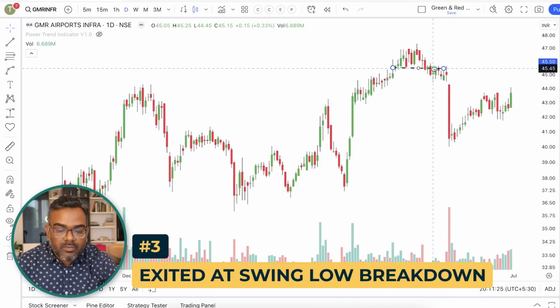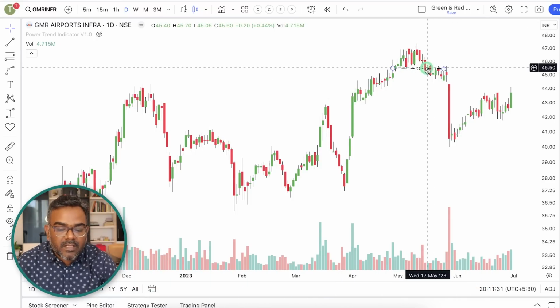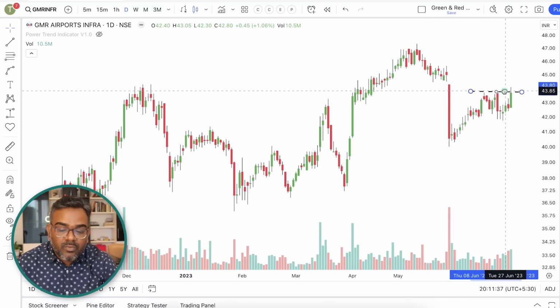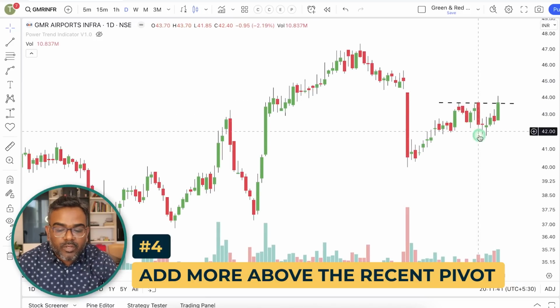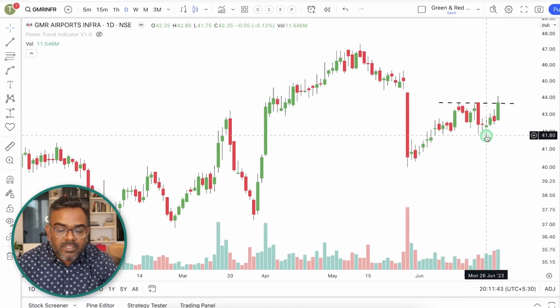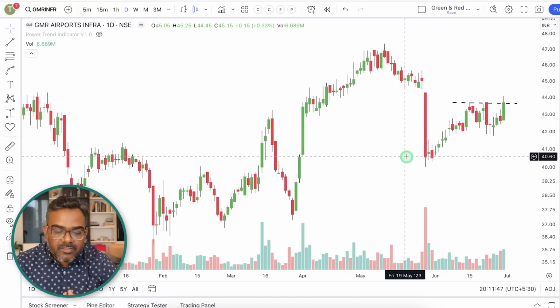Here, if you're a swing trader, then you could have exited the stock on this day when we had a closing after this tight pivot. We had a closing over here. If you're a position trader, you could continue to hold on to the stock, but it's quite frustrating to not give any returns. But you can add more because we are breaking out from a small pivot point over here. Then you can trail your stop loss to this point or even this point, up to you how you want to do it. So these are the 5 stocks that I covered